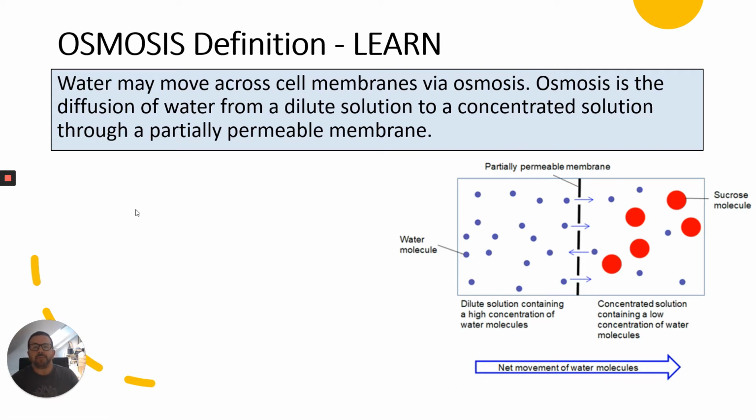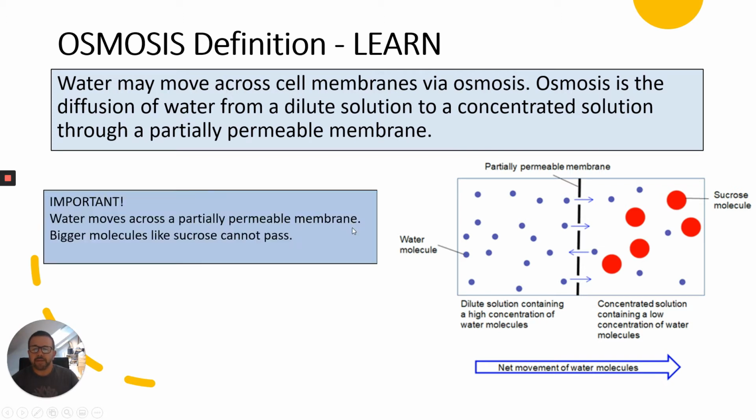So this is where water may move across cell membranes, and osmosis is the diffusion of water from a dilute solution to a concentrated solution through a partially permeable membrane. So it's important to remember that water moves across what we call a partially permeable membrane. So it'll only let small molecules like water through, whereas larger molecules like sucrose cannot pass through